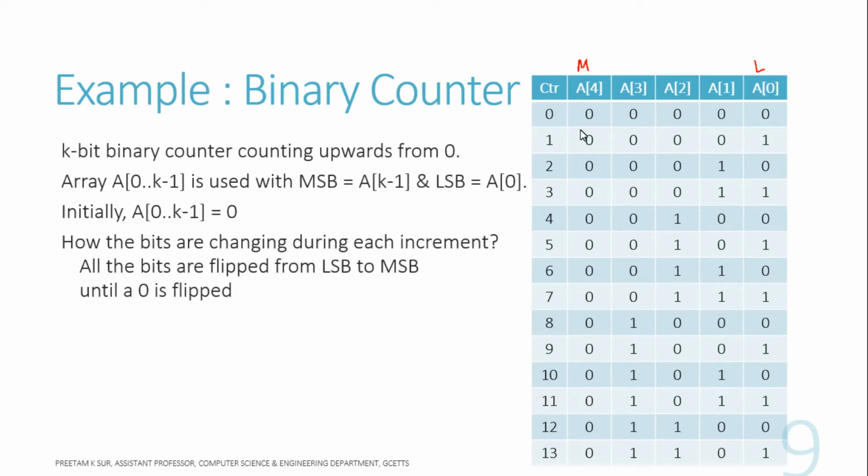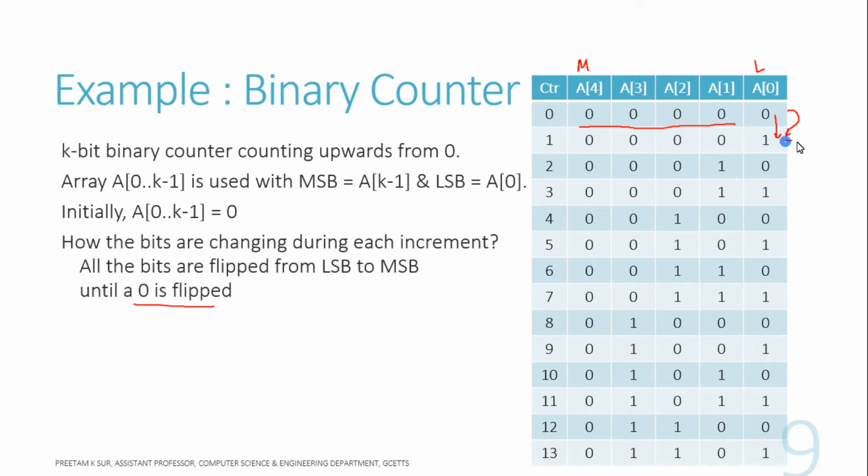So initially we will have all zeros, right? Now whenever the increment operation is called over here, what is happening? You can see that from the left side, we first convert the A0 bit. So this is 0, and we are converting that 0 to 1. Since we have flipped a 0, no other bits from A1 to A4 are flipped. All were 0, all will remain 0 in the next bit string.